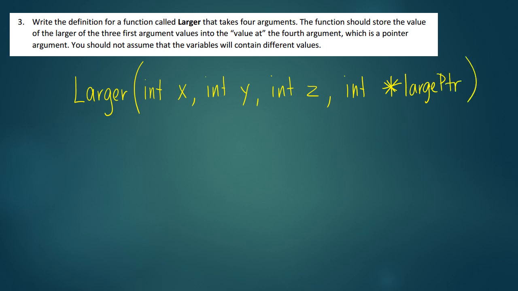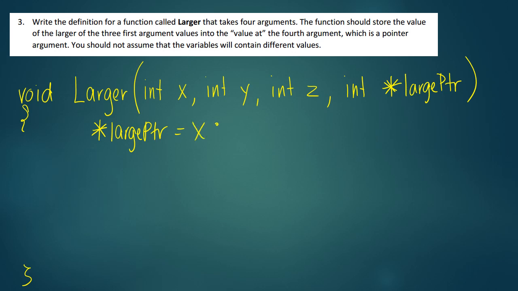So what I'm going to do here is I'm going to find which of these is the largest, x, y, or z, and store that value at the value at large pointer. So since I'm going to store the result in the value at my fourth argument, I'm going to have a void return type. So what I'm going to do now is I'm just going to say the value at large pointer